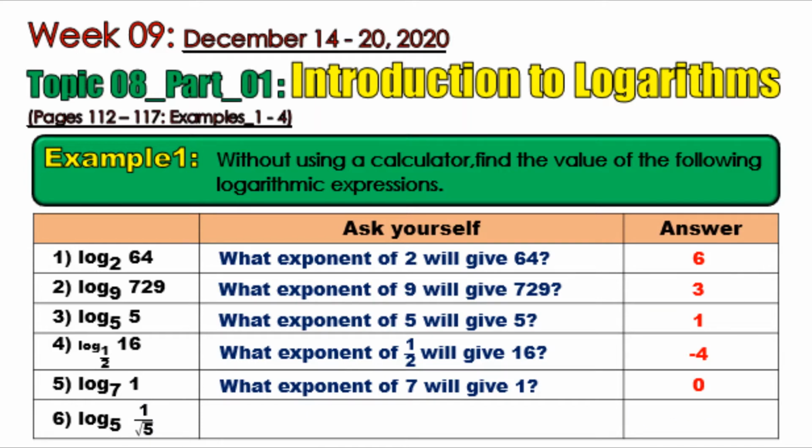And the last one, we have example number 6. We have logarithm of 1 over square root of 5 to the base 5. What exponent of 5 will give